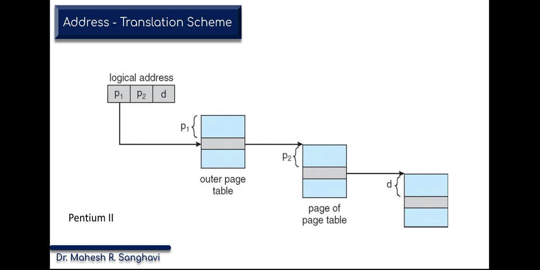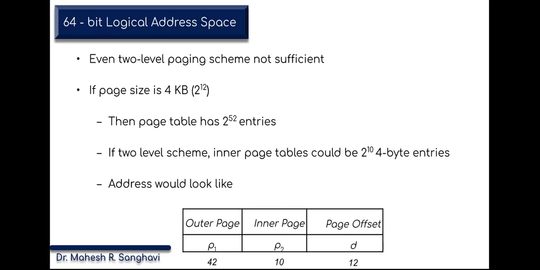So we have these three things. Which three things? We have P1, we have P2, we have D. P1 will be the first level address, so we will map it first. Then from that we'll take another address, P2, and in P2 we'll get the frame number. And by using displacement, we will read exactly the thing that we actually want. So this way P1, P2 and D can be used for address translation.